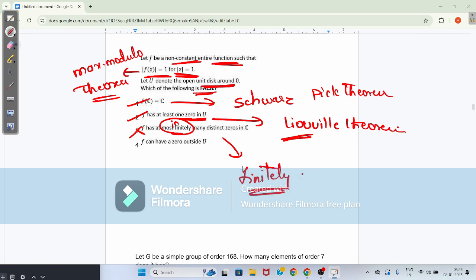It will have finitely many zeros. Infinitely many zeros is not there here. It can have zeros outside u here, since f is an entire function,